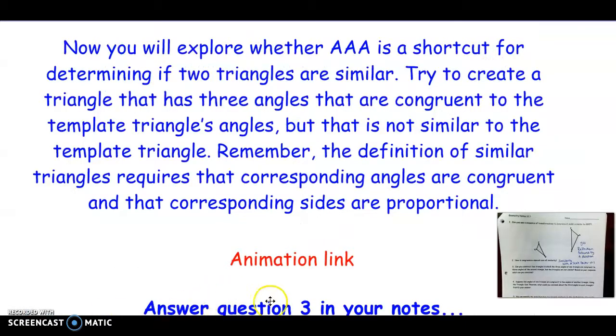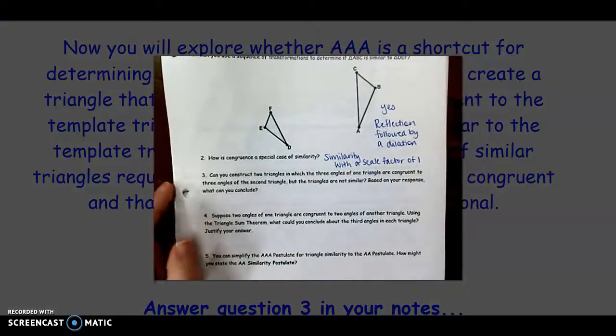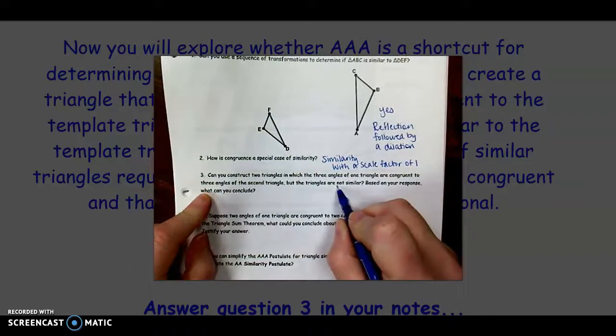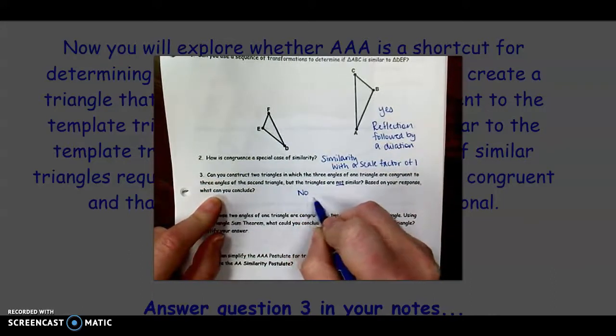So answer question 3 in our notes. It says, can you construct 2 triangles in which the 3 angles of one triangle are congruent to the 3 angles of a second triangle, but the triangles are not similar? And no, that is not possible. So that means